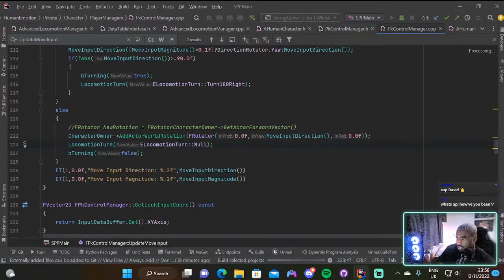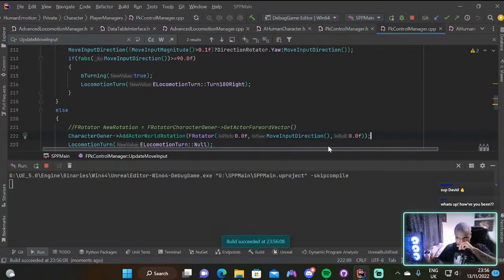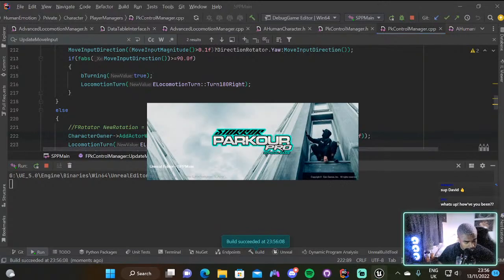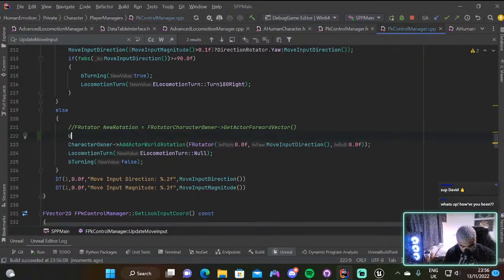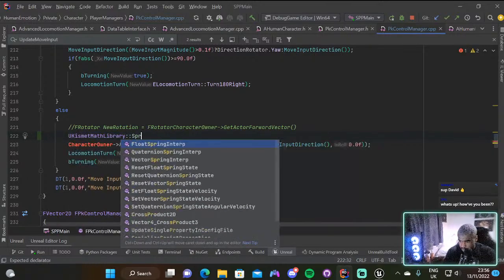Build this back, and then now we're going to say we can do a couple things. What we need to do, we can't do an add. You can't interp an add. We have to interp a set. So if we do spring